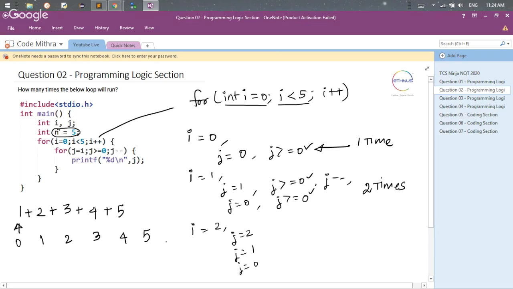Okay, so i value will become 5 and then it will become false. So therefore, the number of times this loop is going to run, it will be 1 plus 2 plus 3 plus 4 plus 5. These many number of times my loop will be running. The inner loop will be running these many number of times. So which is,